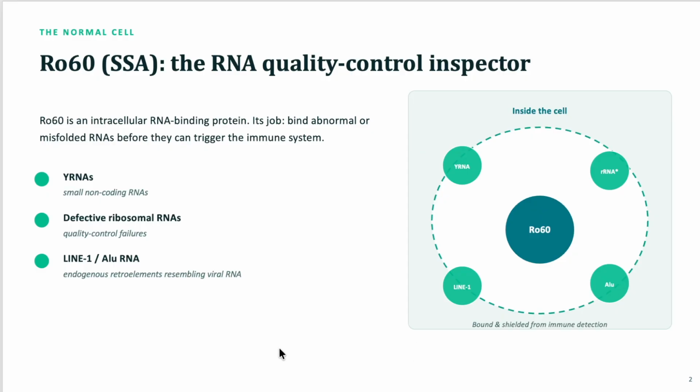So the idea is, when cells undergo apoptosis, these things get released, right? So what happens is an antigen-presenting cell will come gobble this Ro60 complex up, and that's going to release all of these RNAs it was hoping to get rid of. These RNAs then get recognized by the immune system as foreign, and that's how you get all of this inflammatory